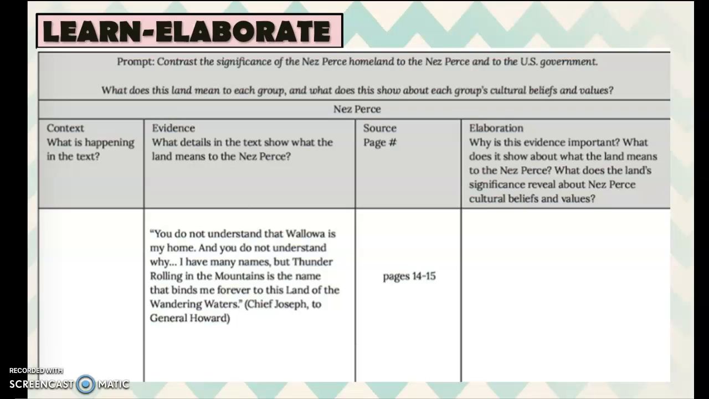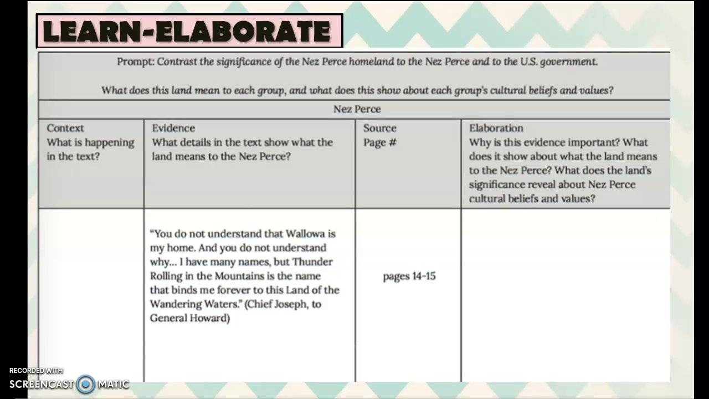"You do not understand that Wallowa is my home, and you do not understand why." Then he keeps going. When an author is using more text, but it doesn't come right after it, they put an ellipsis. And it goes on down to the next page. "I have many names, but thunder rolling in the mountains is the name that binds me forever to this land